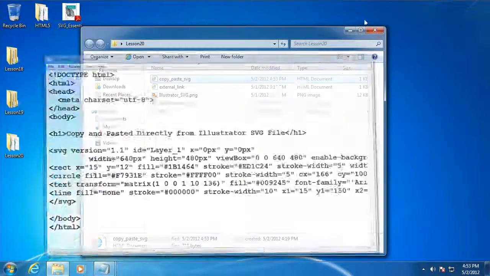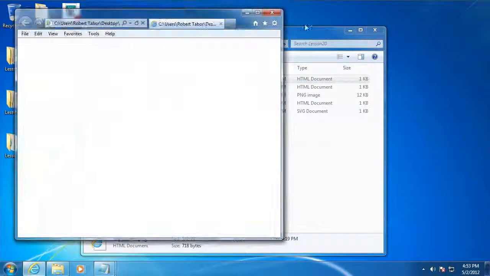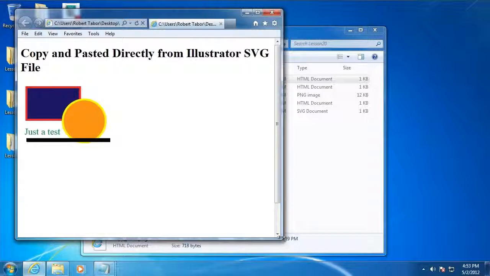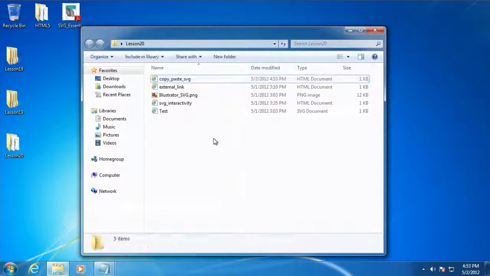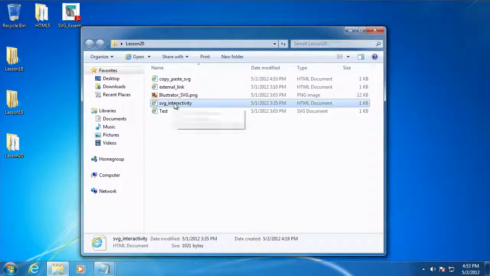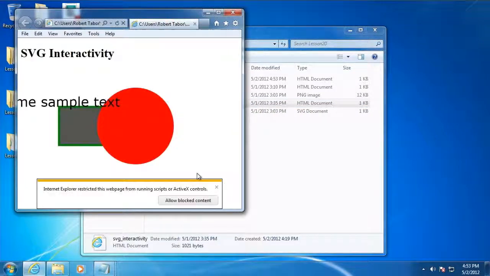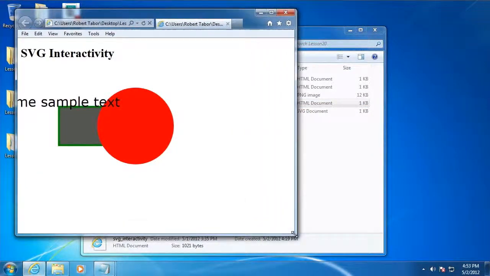And so this is the second way that you can add SVG to your HTML5 pages. All right, so that's really neat. The last thing that I want to demonstrate is how to write JavaScript that can interact with the SVG. And for this example, you can see I'm going to click Allow Blocked Content here because we have some JavaScript